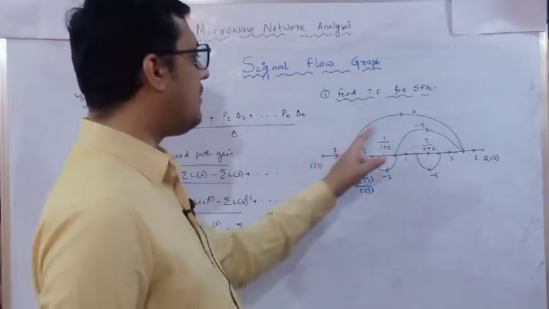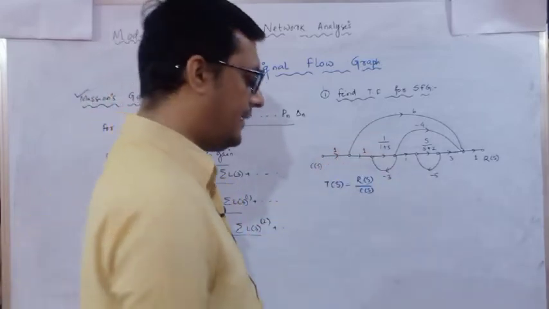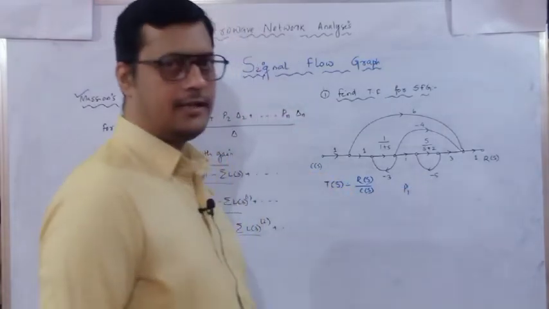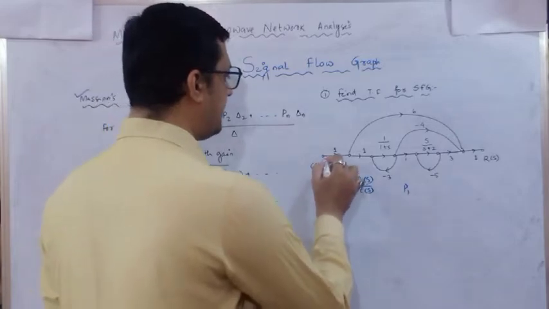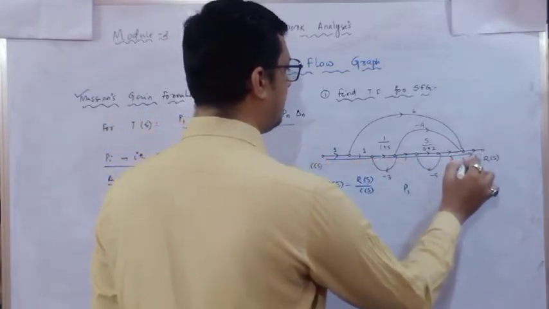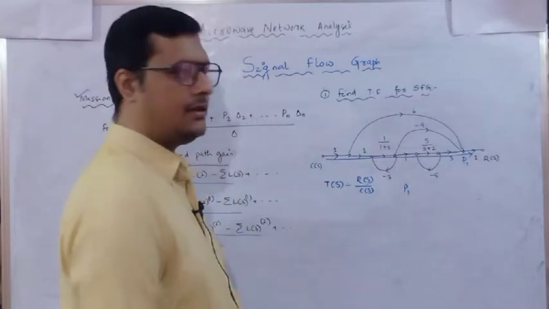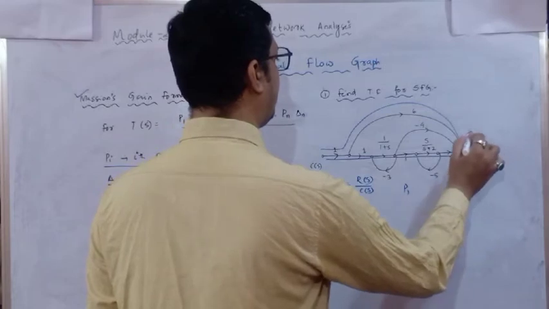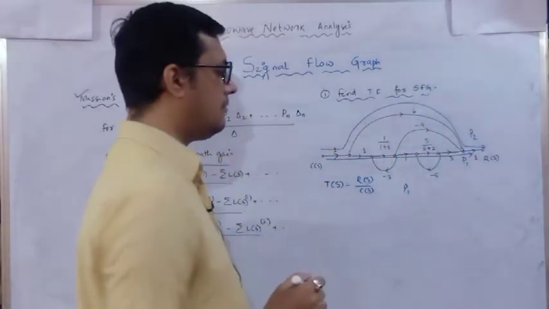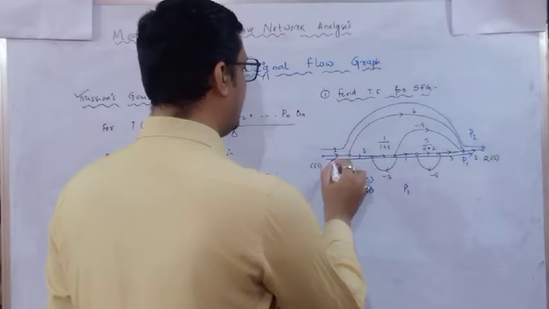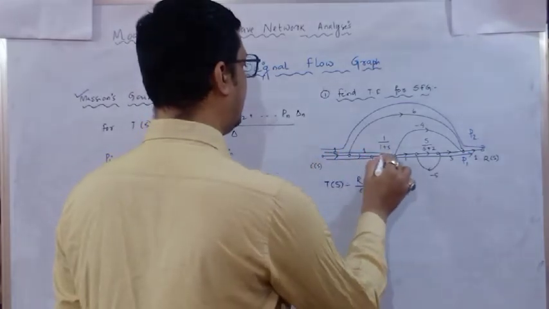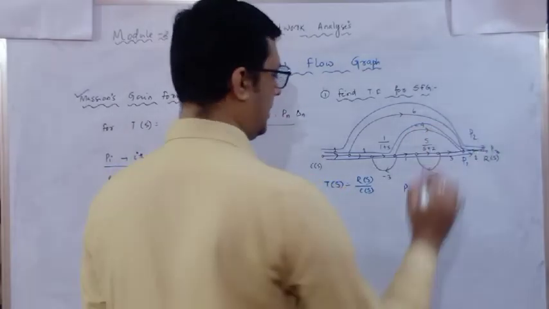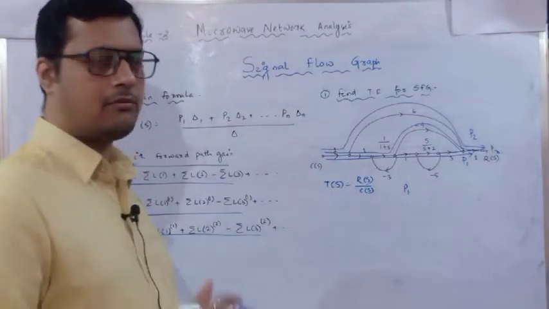The procedure is, first we have to identify the forward paths. How many forward paths are there, that we have to see. You can see this is the first path, so here I will take P1. Then this is the second forward path, so it is P2. Next, you can see this one, and it is multiplying with respect to this, so this is path 3. So in this SFG there are 3 forward paths.